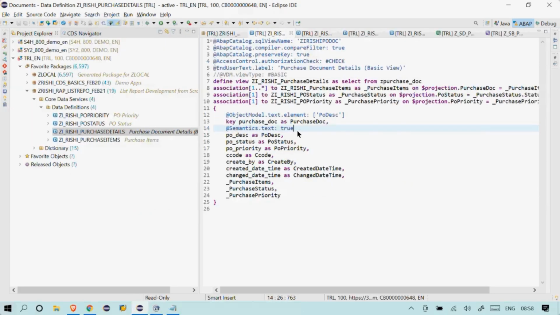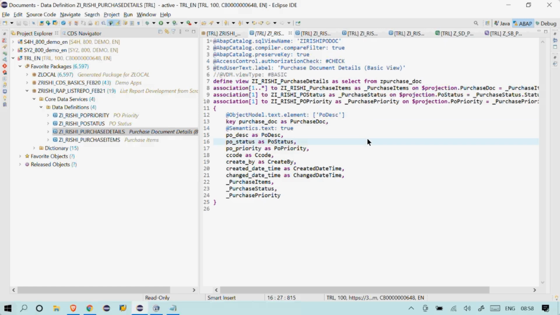When it relates to semantic information like this, whether you are indicating this text as true, is there any annotation which tells that this is a text? These are the things that we will understand specifically by learning and practicing. By experience also you will get it. You can also look at standard CDS views and see what kind of elements they are using, and in which situation they are using them.